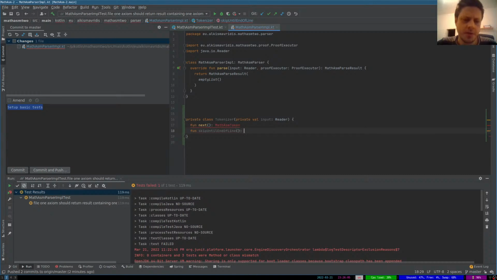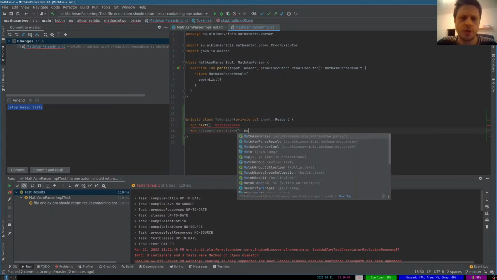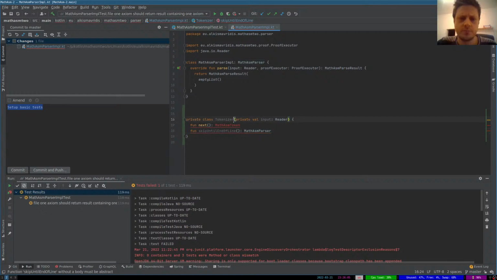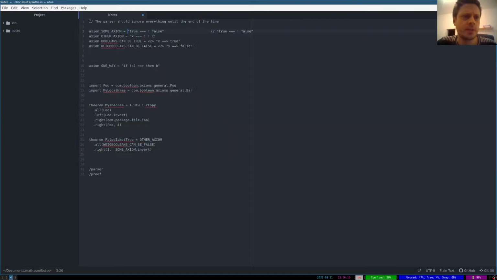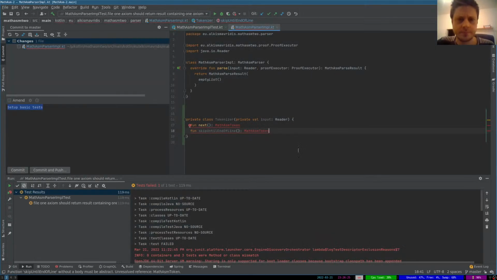And maybe return the next token that you found after the end of line. So this would be useful for single line comments. Let's imagine that we see this token, and then we see this token, and then we understand, hey, we are parsing a single line comment. We just should skip all of that and return the new line, basically. So skip until